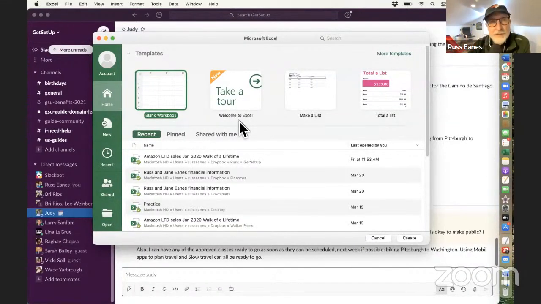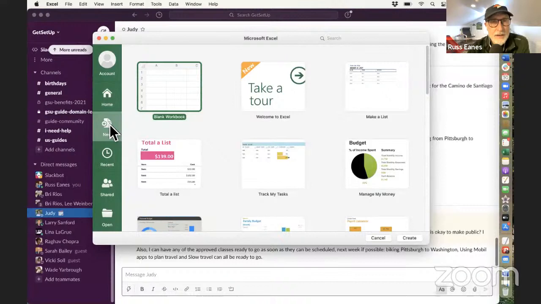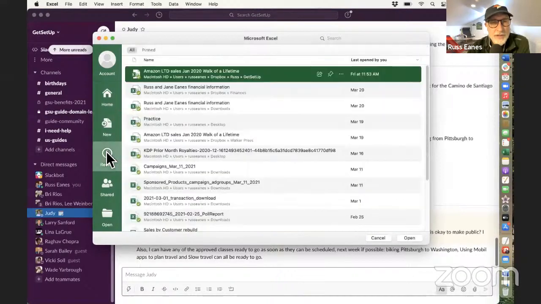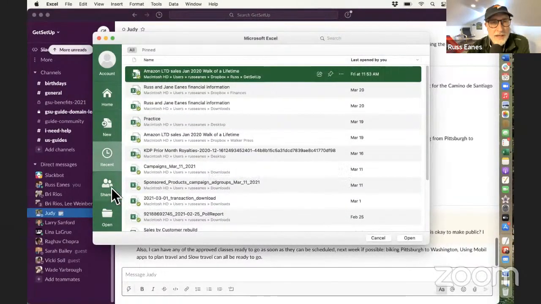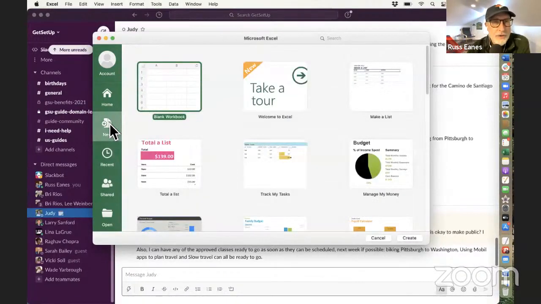You have some choices on the left. I'm at the home screen. You can do something new right there by clicking on it. You can click on Recent, and it'll bring up a list of all the recent spreadsheets that you've worked with. There you can look at ones that are shared, and you can also just open one if it's on your hard drive. I am going to go ahead and click on New, and